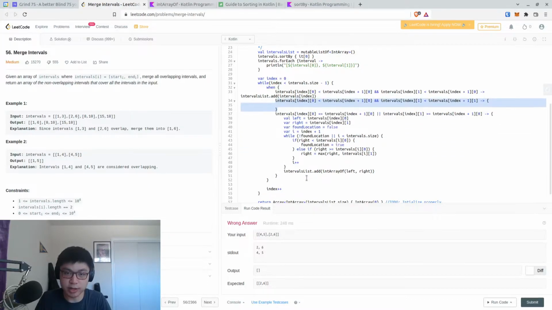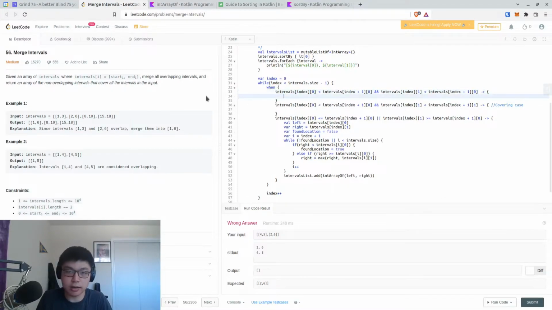Let's move this up actually. So this is the covering case. And let's add a bracket around that. We can say no overlap case for this one. In the covering case, we want to add an int array of,